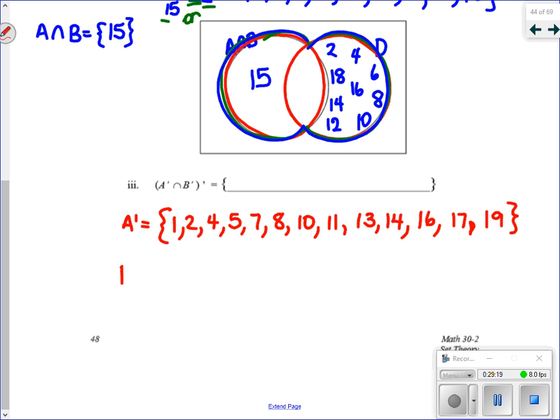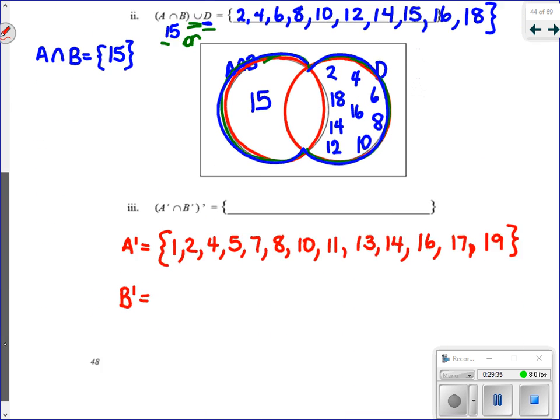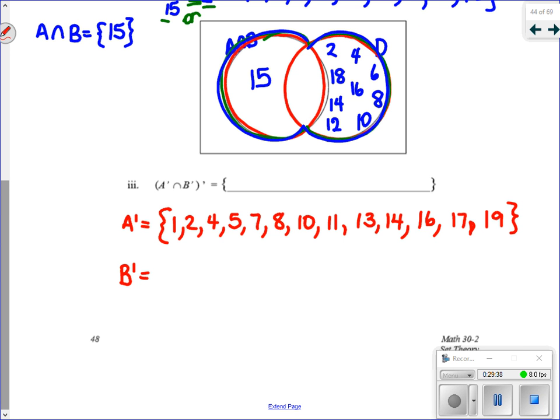Okay, the complement of B then. Let's see. B is, oh yes, multiples of 5. Natural numbers less than 20 that are multiples of 5. Okay, but again, B prime, or the complement of B, means all numbers that are part of the universal set that are not included in B. So again, this would be 1, 2, 3, 4, now not 5, 6, 7, 8, 9, not 10, 11, 12,